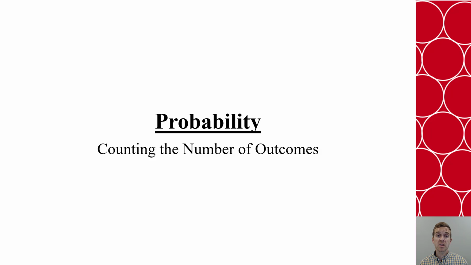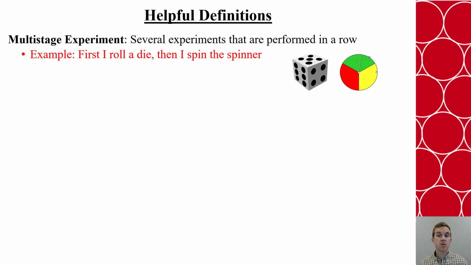In this video, we'll discuss counting the number of outcomes in probability. Now, let's start with a couple definitions to help us along. First, a multi-stage experiment is one where several experiments are performed in a row. For example, if we had a game where we first rolled a die and then spun the spinner, that would